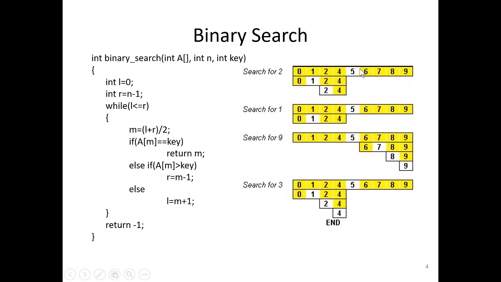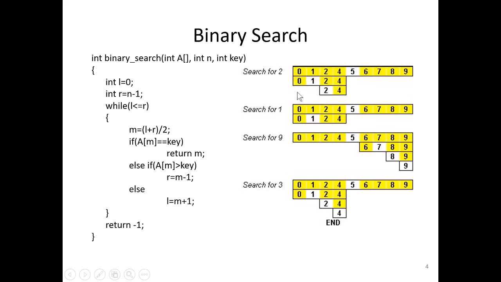We are ignoring the part of the list to search, because the element to be searched is less than the mid value. Okay. Now I adjust the right value, that is right end R, by using the formula mid minus 1. Okay. Now you try to find the mid value.